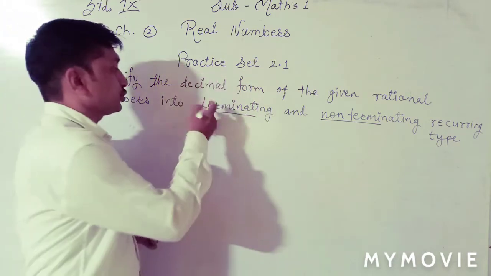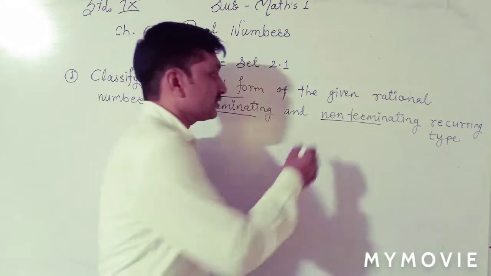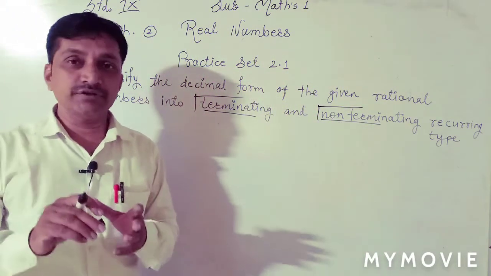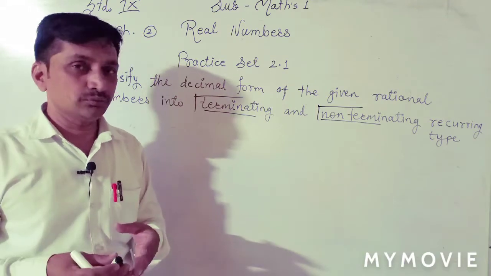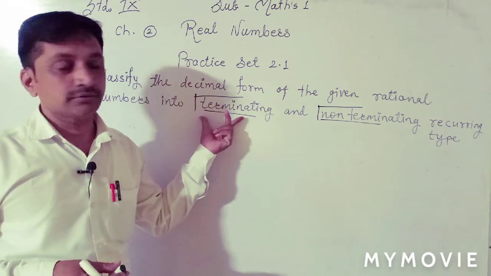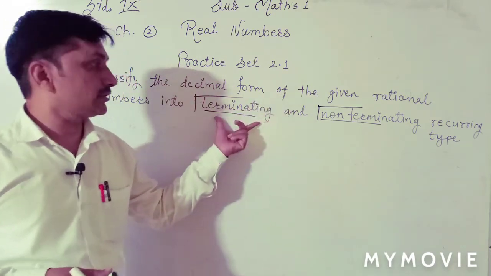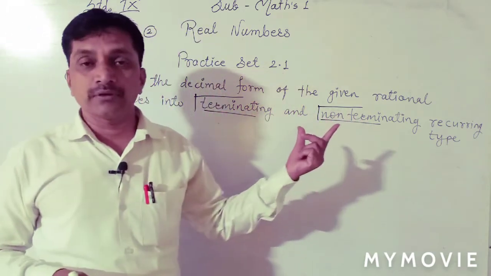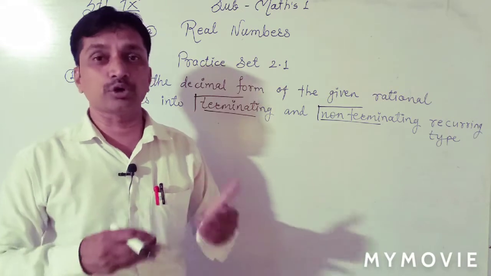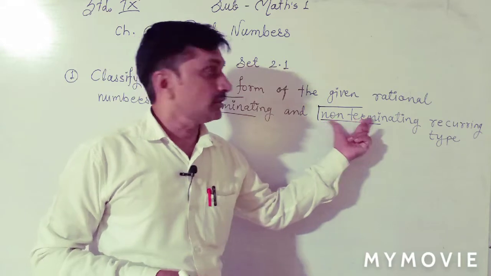Terminate means stop and non-terminate means non-stop. After division, if we get remainder 0, then that decimal form is terminating. And if we don't get remainder 0 and that division continues, that is called non-terminating, and recurring means